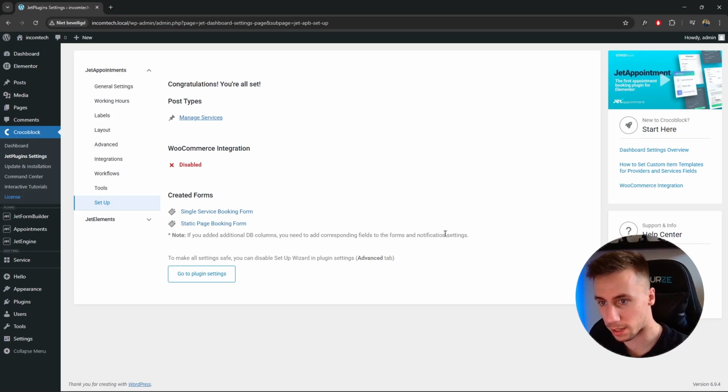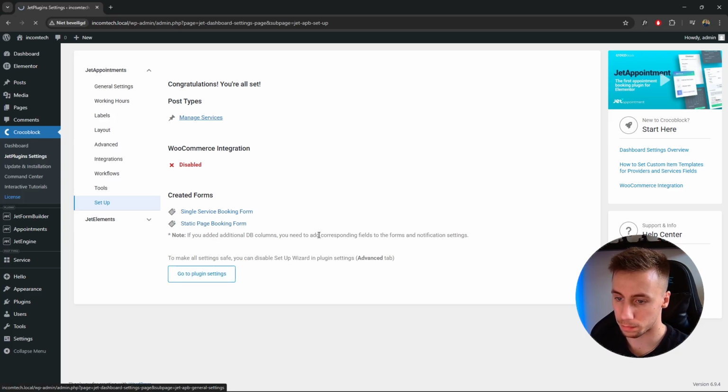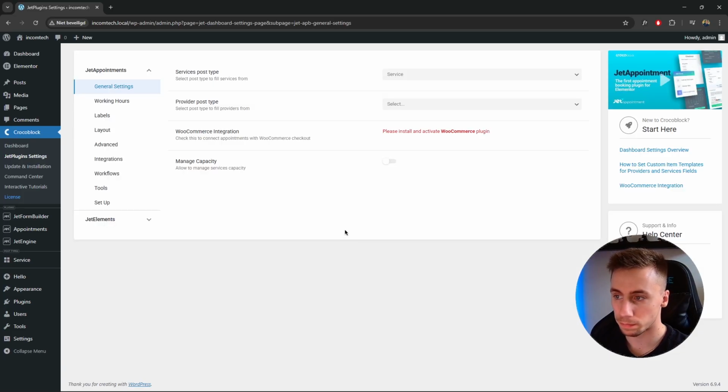Okay, so everything is set. You're all set. Post type: managed services. WooCommerce is not integrated. These are forms that we created, and now we can go to plugin settings, and there we go. Provider, post type, we don't have a provider. Manage capacity, we can do all kinds of cool things here, but let's just go ahead and go to